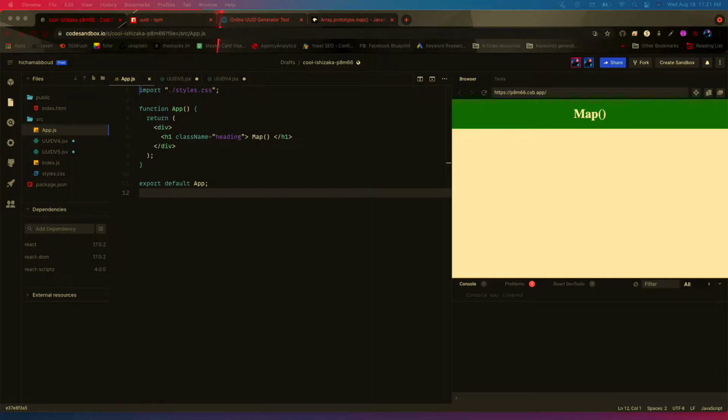Today we're going to be talking about the map method, which is a JavaScript built-in method. So I'm going to show you guys how to use the map with Reactjs. So for the purpose of this tutorial, I'm going to be using